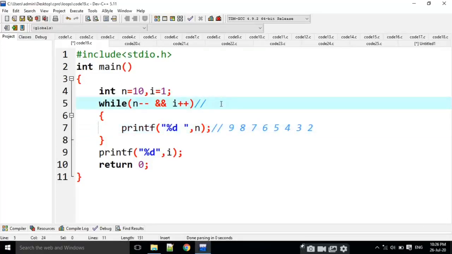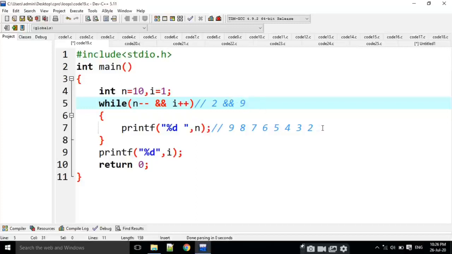Here it is going to be 2, and 2, 3, 4, 5, 6, 7, 8, 9. Here it is 9.